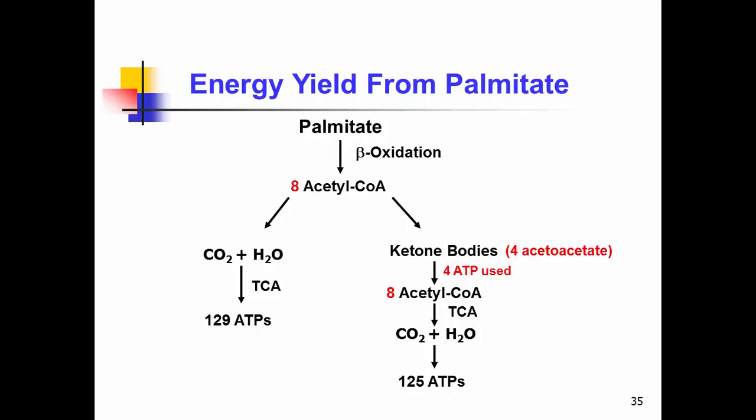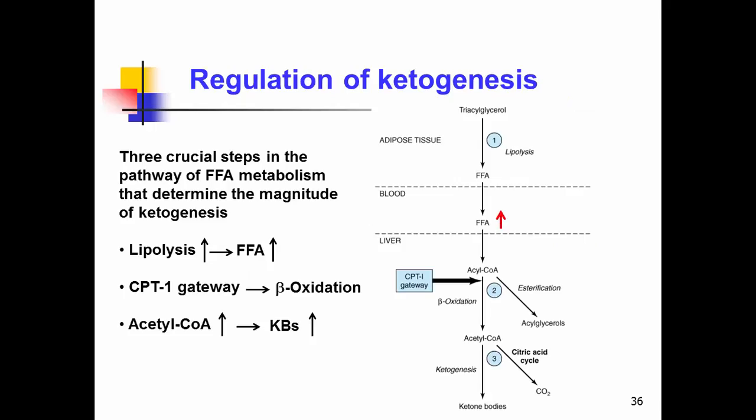And I'm sorry, I think this slide may be a little bit confusing, but it just gives you an idea: if palmitate goes to the ketogenesis process, it will produce fewer ATPs in the liver, I would say, right? Okay, so